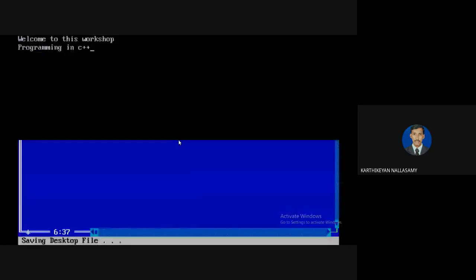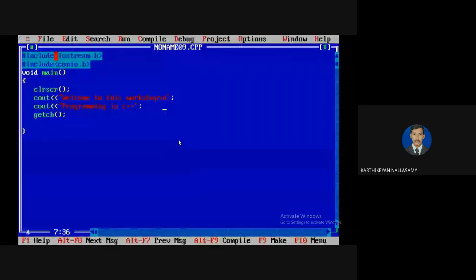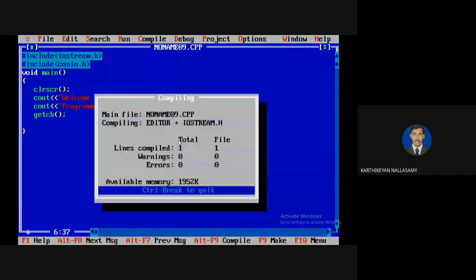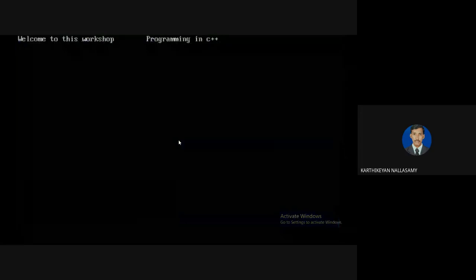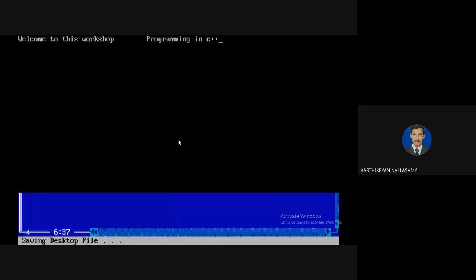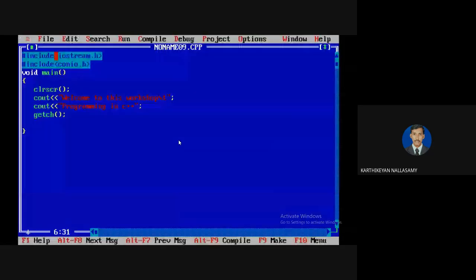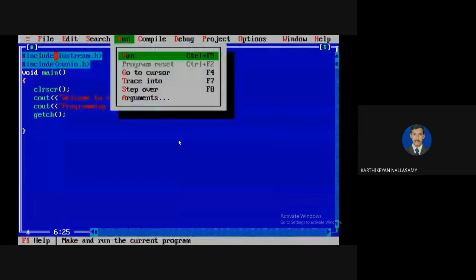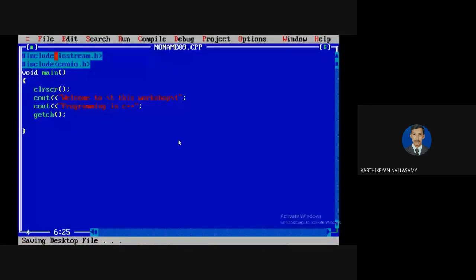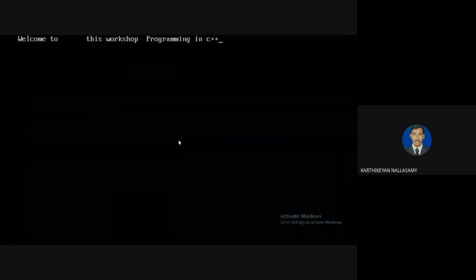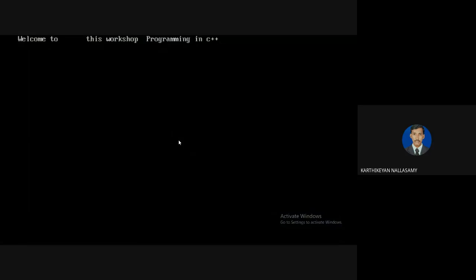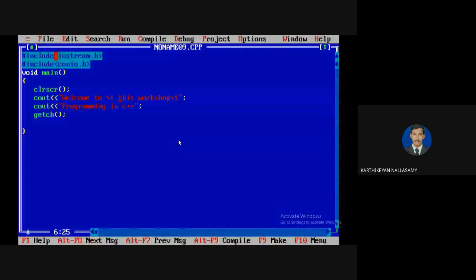The next one is slash t, which is for a tab space. When the tab is executed, it normally gives 6 spaces between the two print statements. It is not necessary to put it only at the start or end; you can define it wherever you want. That is not a constraint. See that I gave a slash t between the two, so the spaces are displayed here. The default space for a tab is 6 characters.